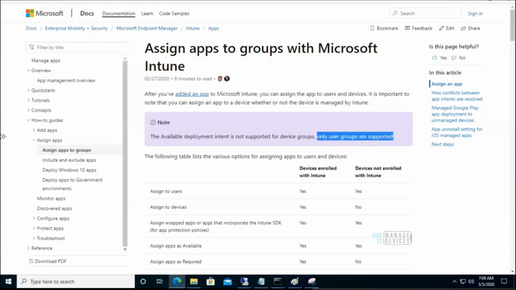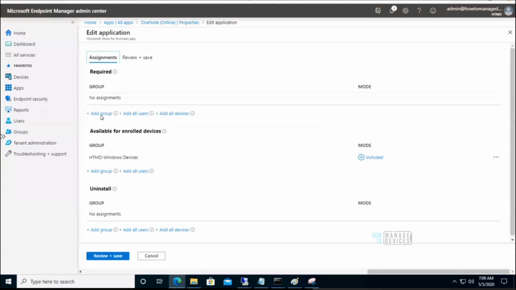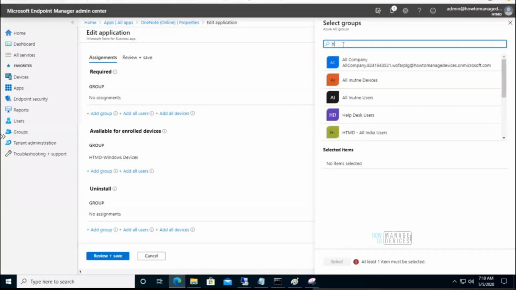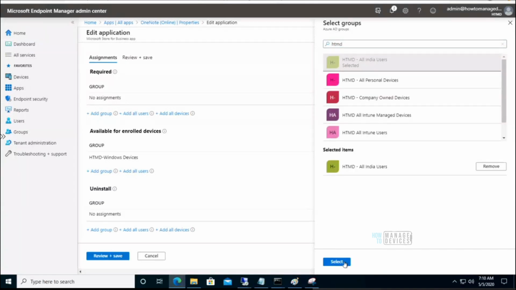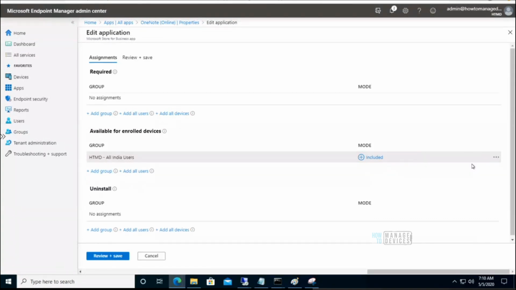So for example, if I edit and add a user group over here, HDMD All India users, and if I add that user group in here, you can remove the device group if you want for this scenario, or you can keep it.